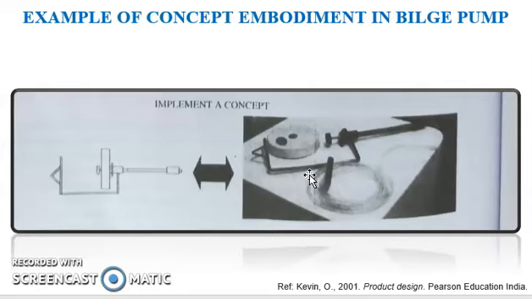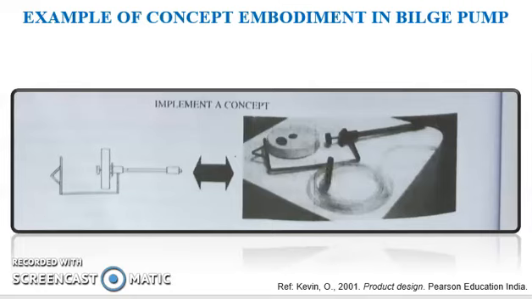Type of fasteners, hoses to be included in the design. How to design the pump for ease in manufacturing and assembly. Process embodiment is the answer to all these questions and other questions which occur during the specific stages of product